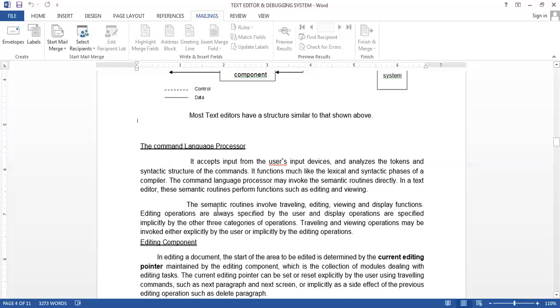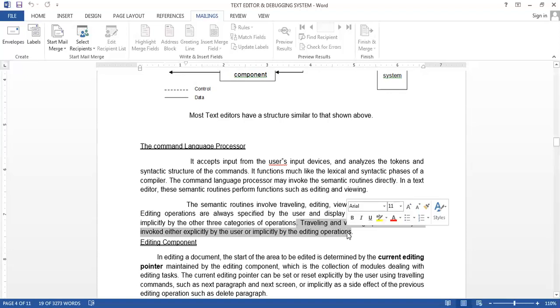Here it's written that editing operations are always specified by the user, like what thing we want to edit, or the editing command. It will always be specified by the user. But the traveling and viewing operations may be invoked either by the user or implicitly by the editing operation.